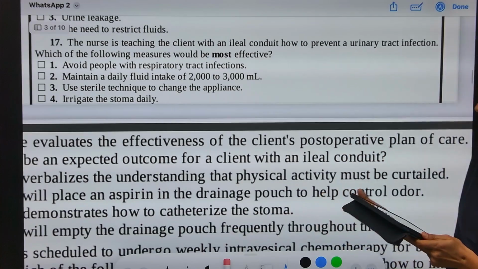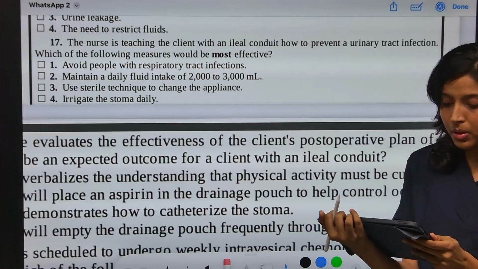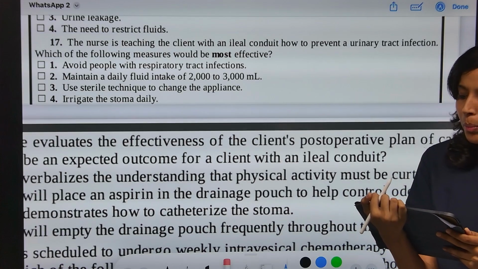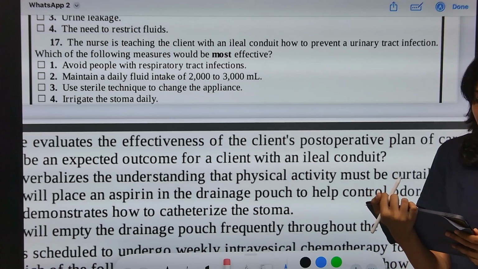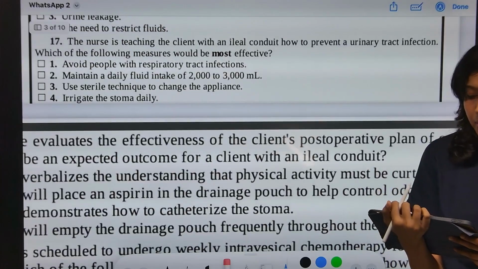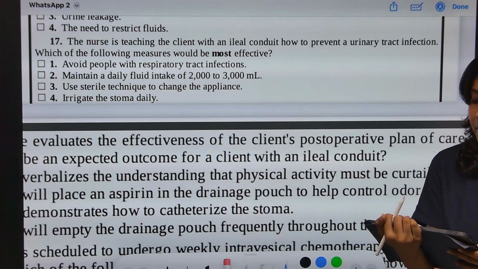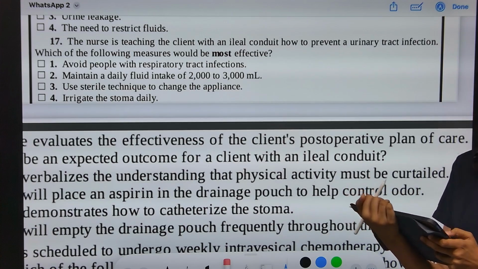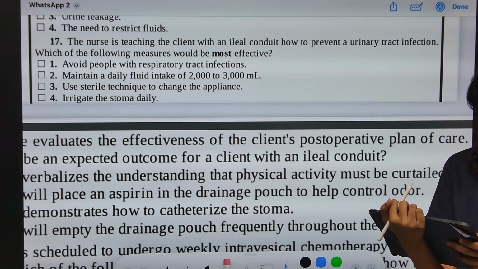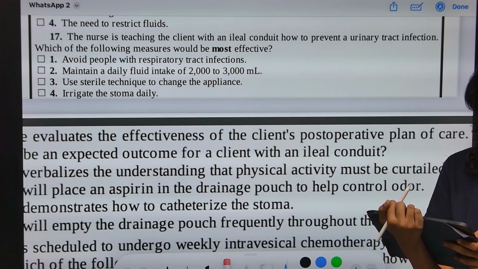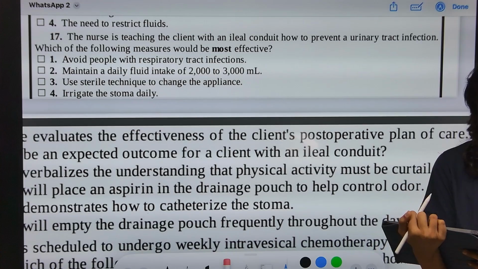Now let's discuss question number 17 on the screen. The nurse is teaching the client with an ileal conduit how to prevent a UTI. Which of the following measures is most effective? What do you think? To prevent a patient from getting a UTI, what will you do? Just read the options and tell me the right answer. Okay, so answer number 2 is